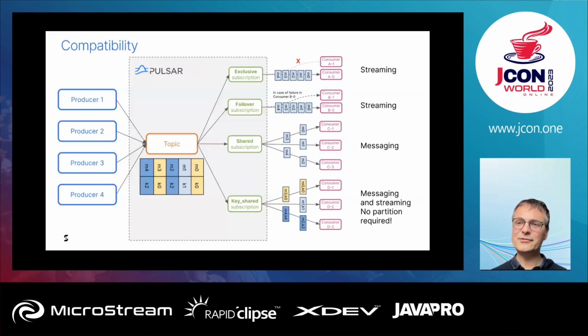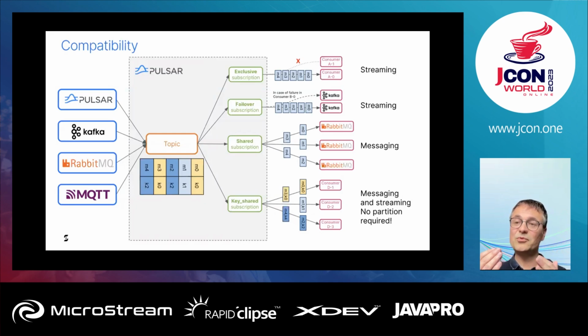So you remember this, right? The producers, the consumers, and all that stuff. Well, to use the broker, these producers and consumers don't have to use the Pulsar protocol. So you can have producers that are using the Kafka protocol and producing to a Pulsar topic, and you don't have to change the code because Pulsar has a compatibility layer, a protocol adapter that is compatible with Kafka. And that's the same for RabbitMQ and MQTT.